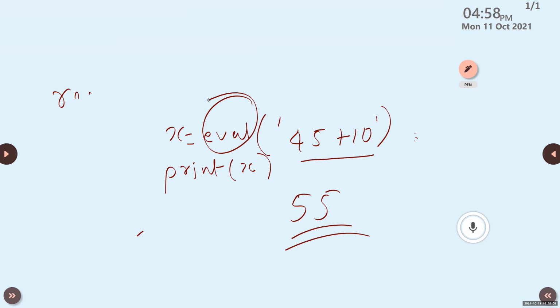Okay. Then another function, it is max. What's the use of the max function? To find the maximum value among a set of values. Okay. So all these built-in functions, from the word itself, we can understand the meaning.